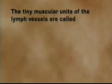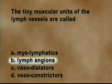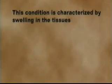The tiny muscular units of the lymph vessels are called: myolymphatics, lymphangions, vasodilators, or vasoconstrictors? The correct answer is B, lymphangions. This condition is characterized by swelling